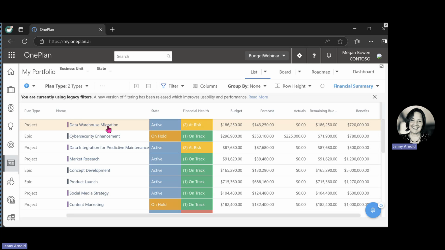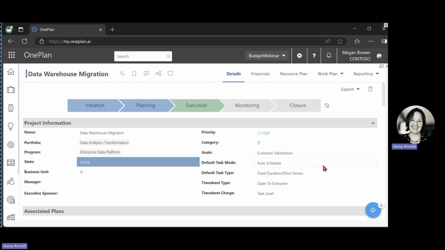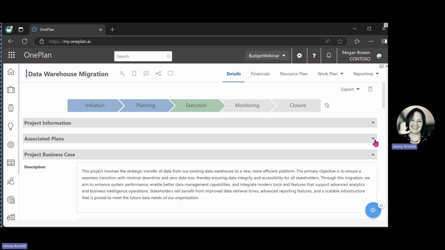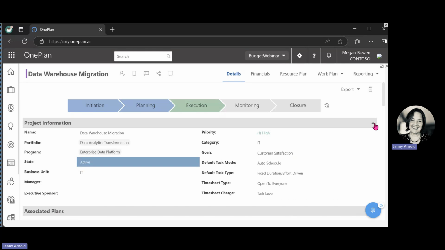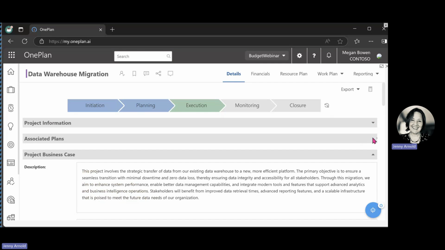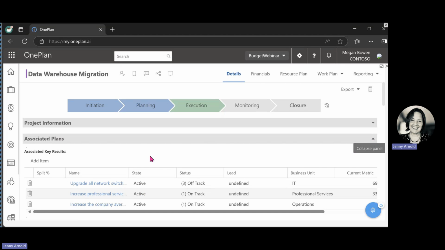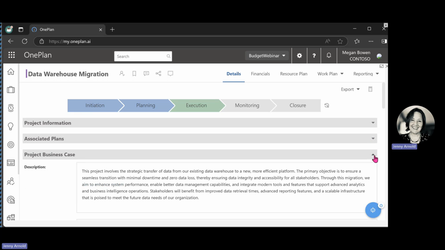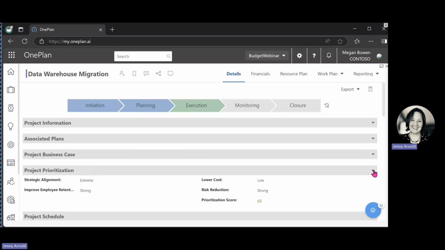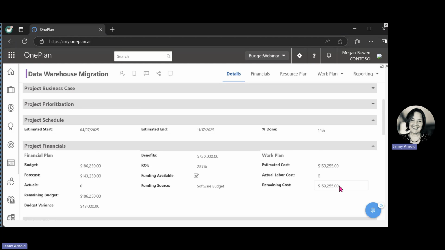Let's take a look at this data warehouse migration project. Okay, and when we go to the details, you can see I can collapse these sections. Okay, there's sort of general project information on the top here. Any associated plans would be a result of showing those key results that I mentioned. So if this data warehouse project is tracking to particular objectives, those would show here. So you can see those have already been added to this test data. Business case information, project prioritization,